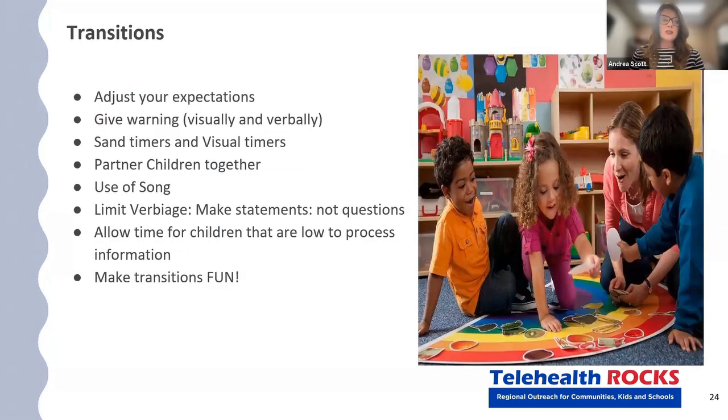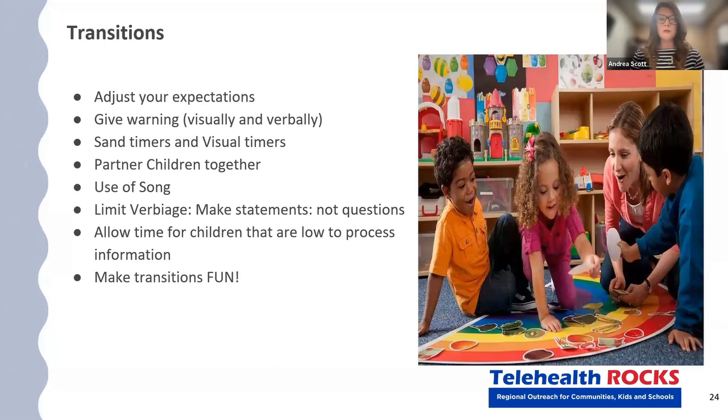Transitions are very difficult for children, they're just difficult in general, right? So when we are thinking about transitions, as educators, we like lists, but this is not a list to check off. It's just reminders. So really adjust our expectations. When we have kids that have developmental risk factors or anything like that, we have to adjust our expectations. We are not lowering our expectations. We are adjusting them, okay? Based on where they're at in their nervous system or their brain pathway.